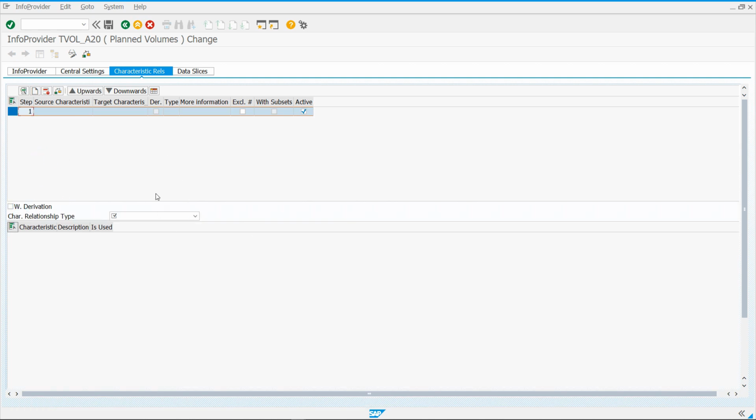We then have several settings that we need to set. The first is the with derivation field. So this checks whether the characteristic is derived or only checked. And in our case, we're going to derive